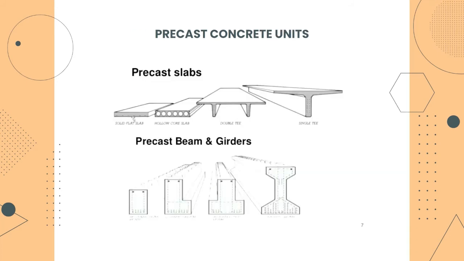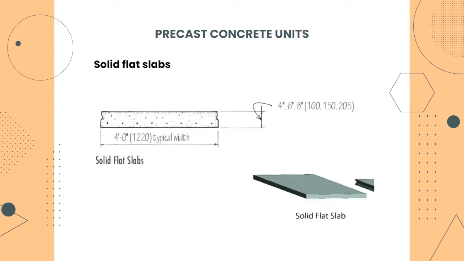So these are the precast concrete units. The precast concrete elements can be joined together with other elements to form a complete structure. So we have the precast slabs and also the precast beams and girders. Moving on, the first one is the solid flat slabs, which have a typical width